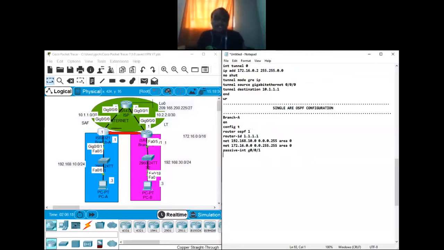If there is, it's not being used for OSPF in our topology currently. So we normally block this information from being sent to that interface. We want it to be sent to PCB and then to our branch B, and then branch B to send it on to branch what? To branch A. So that's what we want to do.